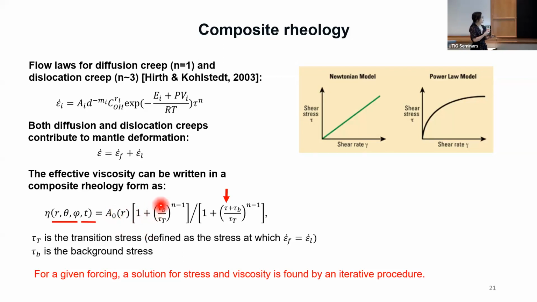And then we only consider the stress-dependent viscosity. So now the ice-induced stress is spatially dependent, also time dependent. This will cause our effective viscosity to be not only spatially dependent, but also to change with time. And another two important parameters here are